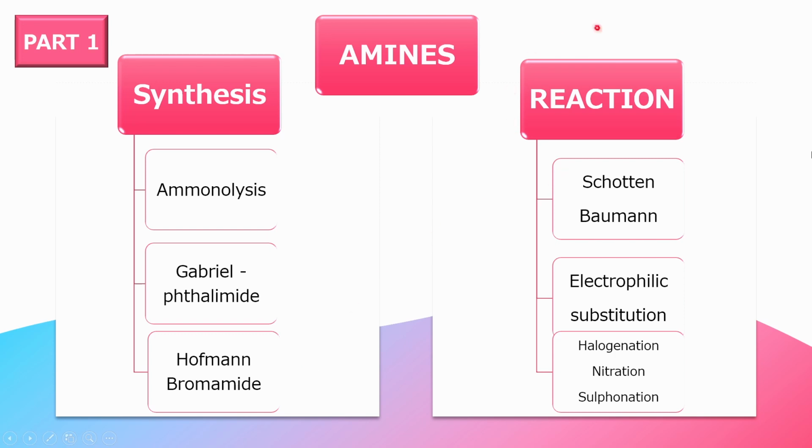The next set of reactions we did were some reactions that amines showed. The first one being the nucleophilic substitution reaction called Schotten-Baumann reaction, and the second was electrophilic substitution reaction that amines showed. And we did 3 of them: halogenation, nitration, and